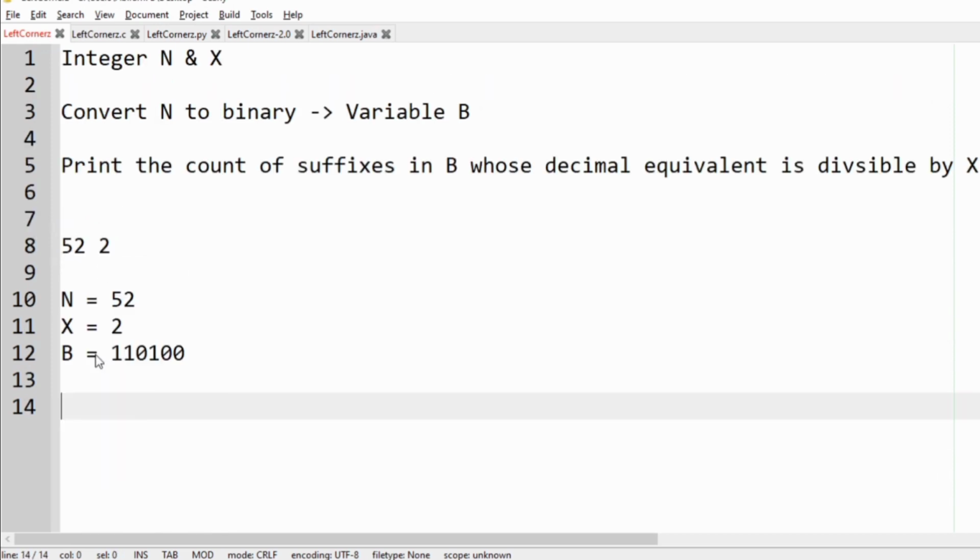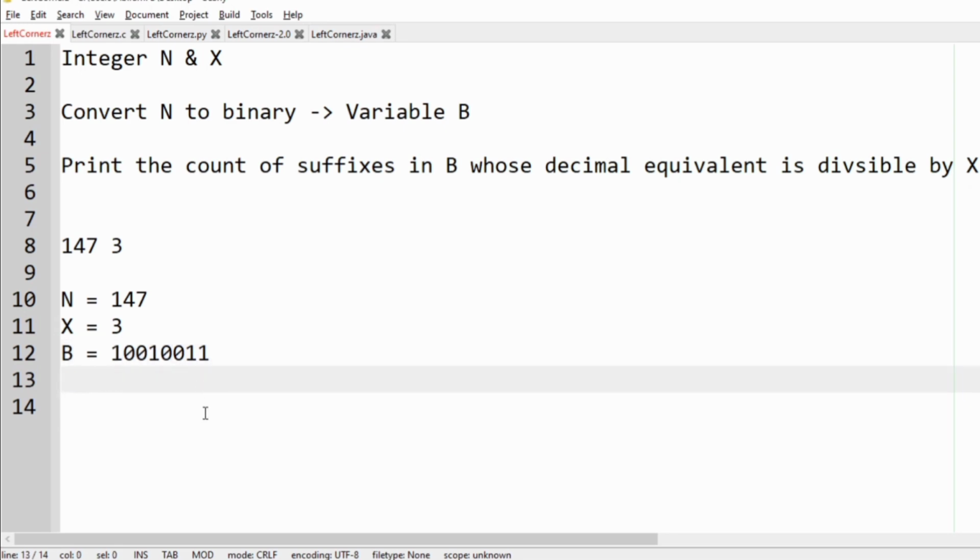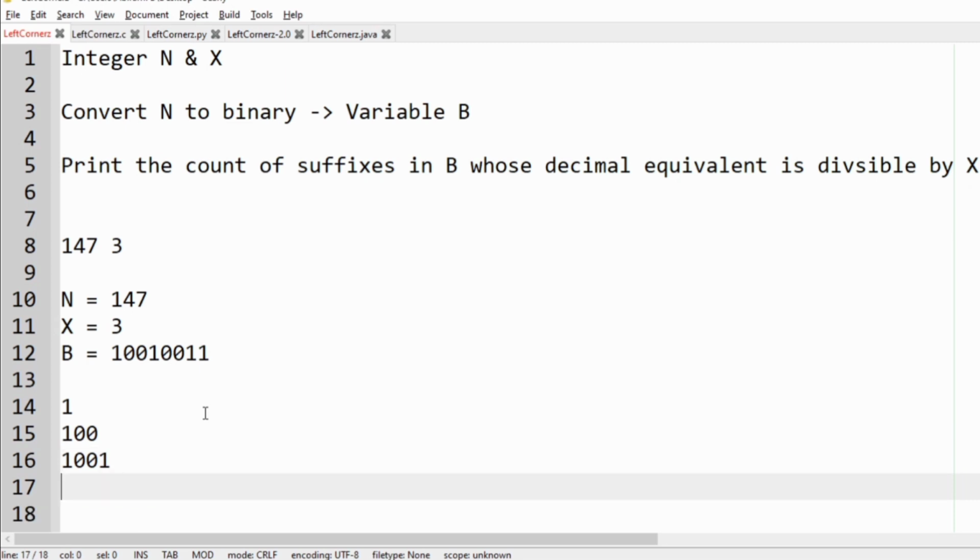Now let us check for our another test case. Here n is equal to 147 and x is equal to 3. So let us write it. N is equal to 147, x is equal to 3, and the binary representation is 10010011. So now let us write the suffixes of b: 1, 11, 100, 1001, 10010,